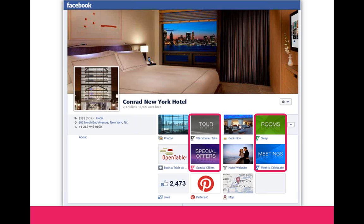And I'm sure you're all aware that last year Facebook upgraded all of its business pages and have dedicated a larger portion of the screen for visuals to display large and beautiful images and media to really captivate the potential customers. So what you're looking at here is the Hilton in New York and their Facebook suite of apps. We saw in Warren's example